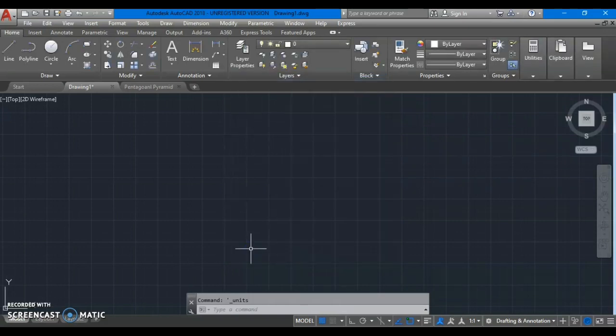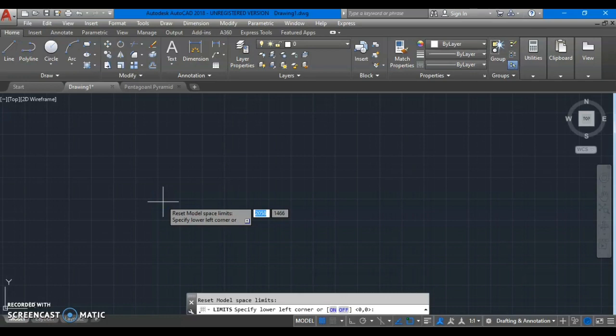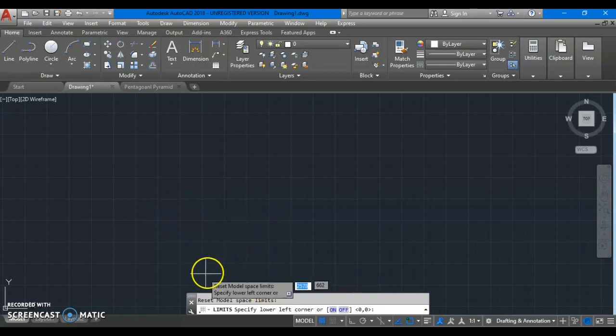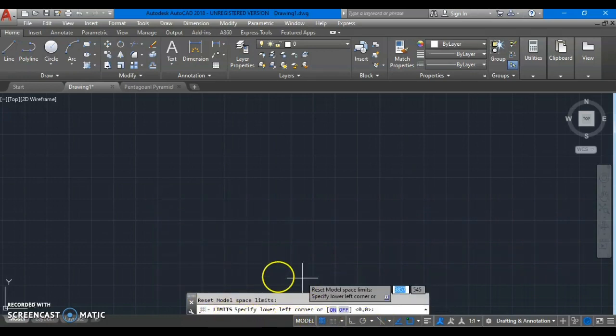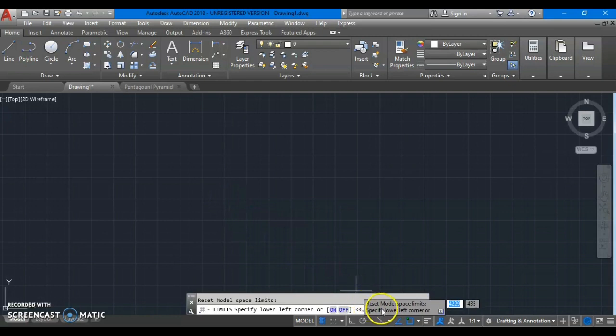Our next command is limits. Again in the format menu, we have one more command known as drawing limits. When we give this command on our command line, we see like this, where we are supposed to specify our lower left corner. So let me give my lower left corner as 0, 0.